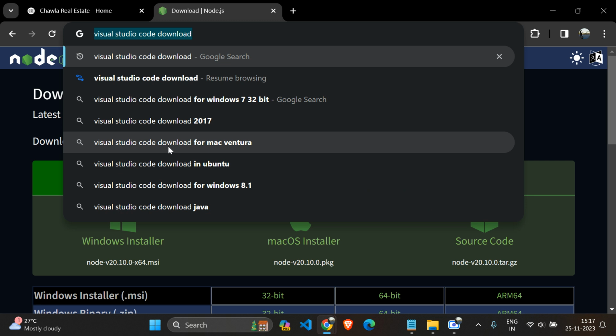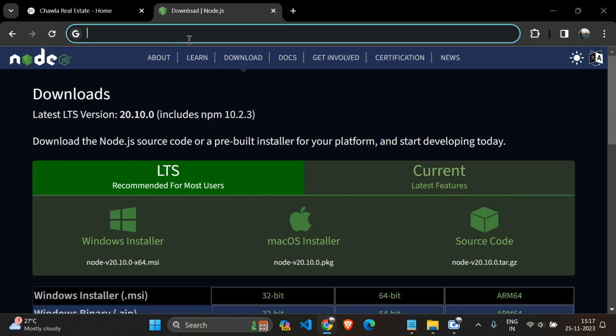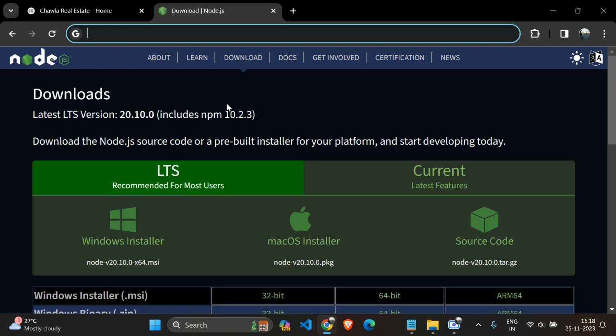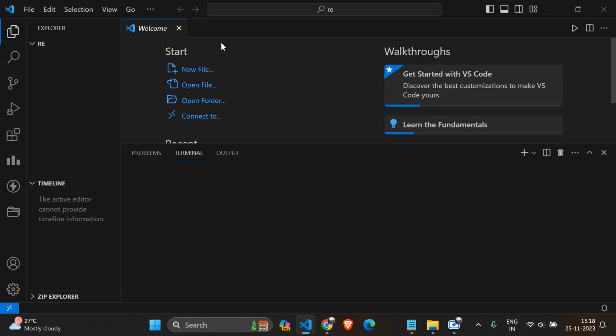Okay, so after all these installations and downloads, if you have already done all these things, just ignore. You don't have to do anything now. The only thing you have to do now is build this particular website. Okay, so to begin with, the first thing that we should do is let's go to our